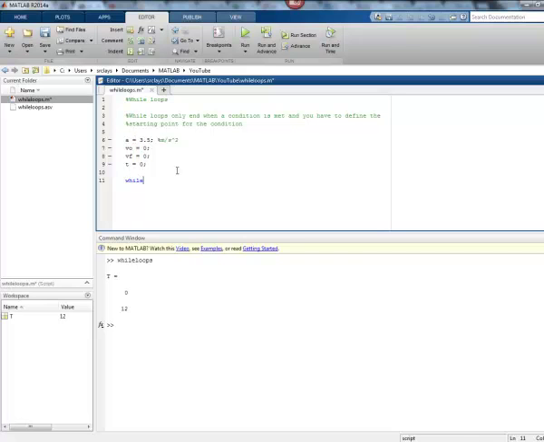Now I can make my while loop. So while my final velocity is less than 26.8224, and that is in meters per second, I want to add a little bit to my time. So t equals t plus 0.01,